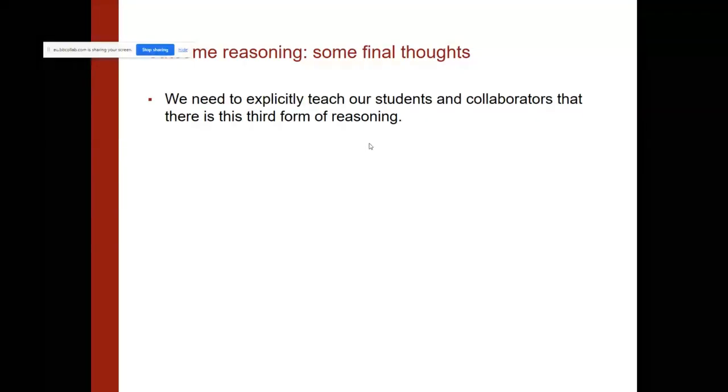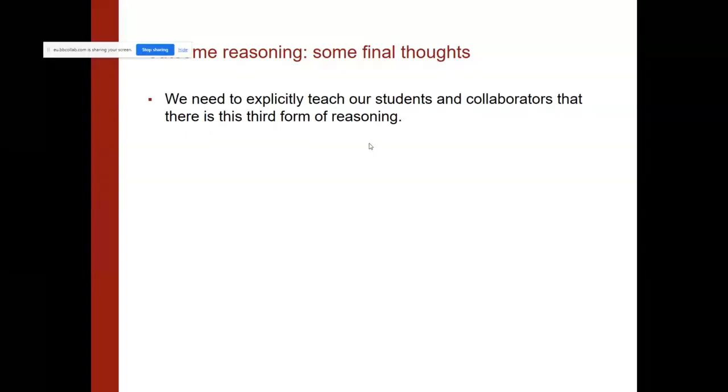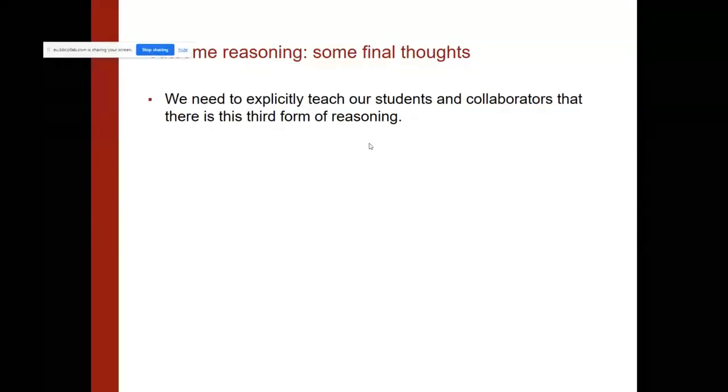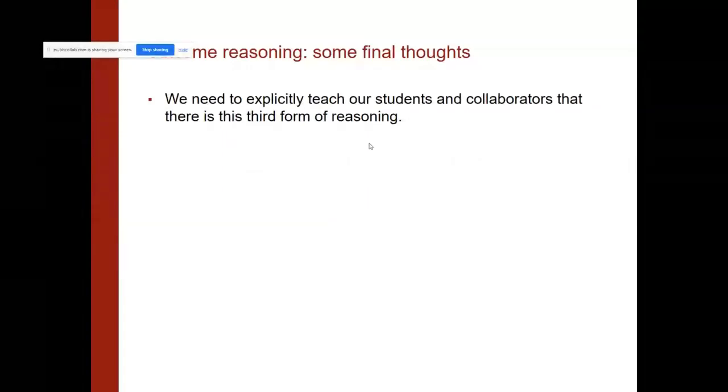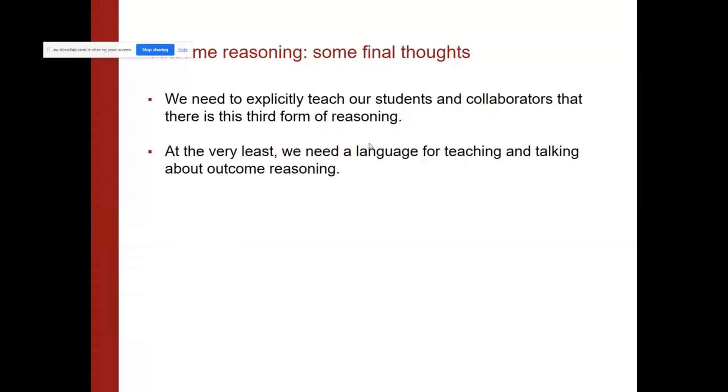Like Mike was saying before, instead of confusing the reasoning that comes into play with machine learning with the reasoning that comes into play when we use models, we do need to talk about that distinct separation. Just like model reasoning is appropriate in some places where warranted reasoning isn't, and vice versa, it's the same story with outcome reasoning and model reasoning, and we need to make that explicit. At the very end of the day, we need a language for defining and talking about outcome reasoning. That's one of the big things this paper is focused on: creating that language and that framework.